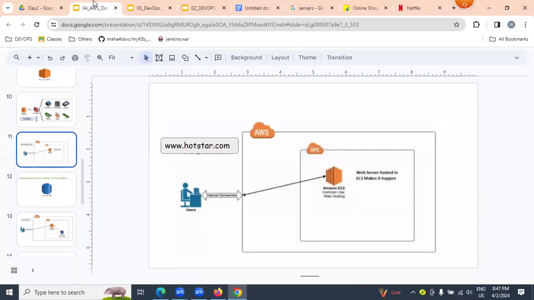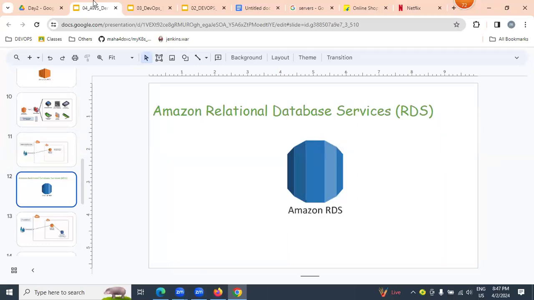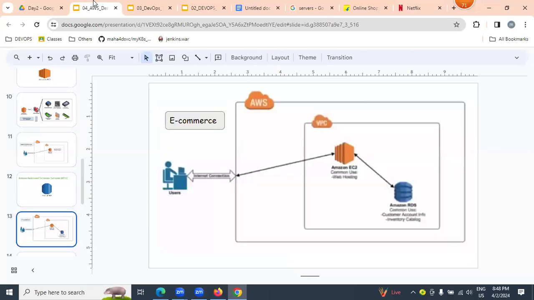We maintain them in databases like RDS, Relational Database Service. With the help of RDS, we can create a database and insert our customer information in a table structure.